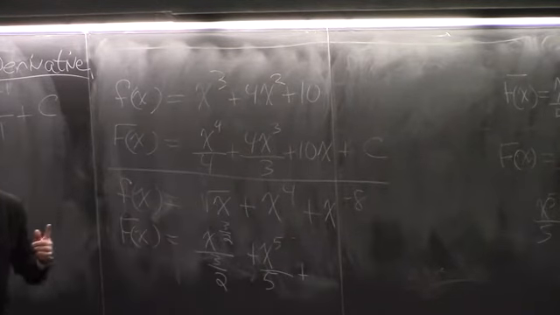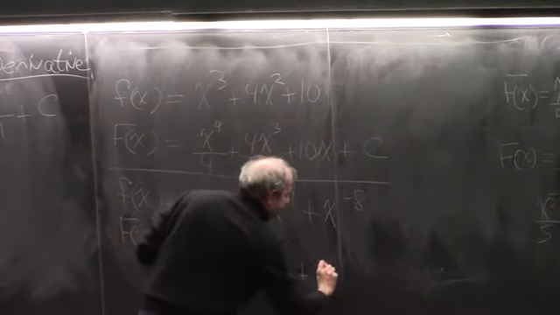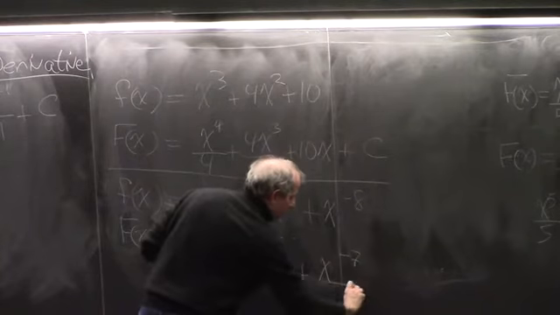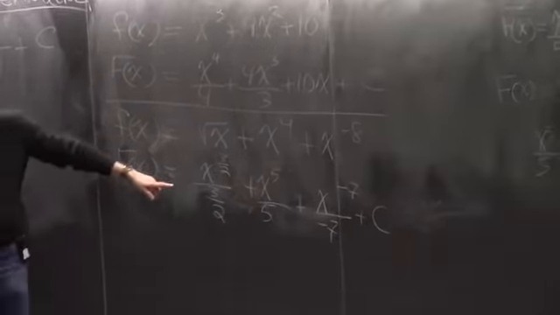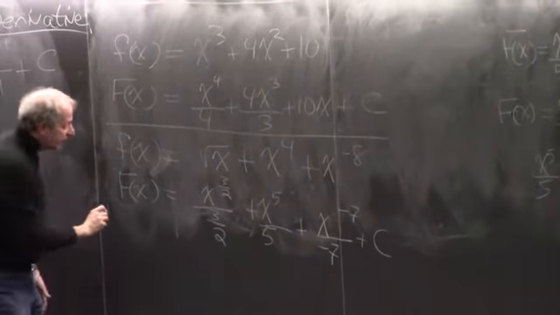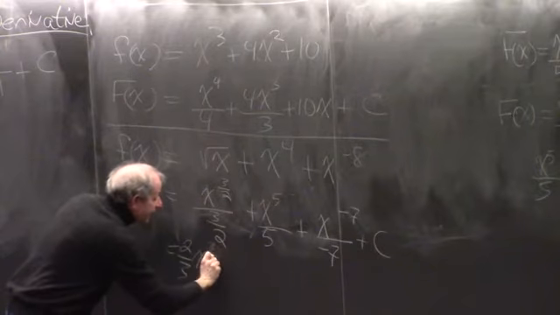And for x to the negative 8, I add 1 to negative 8, I get negative 7, negative 9. So it's x to the negative 7 over negative 7 plus c. Now you can flip that fraction and make that, I'm going to run out of blackboard here, 2/3 x to the 3 halves